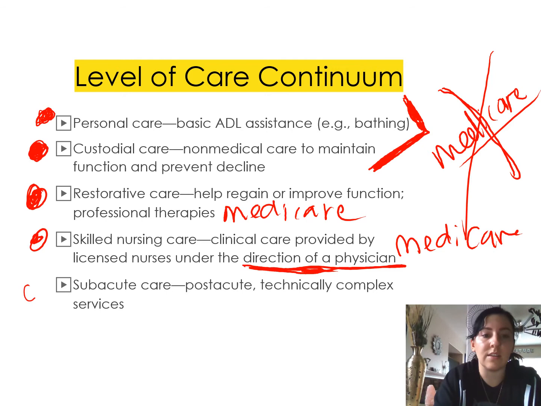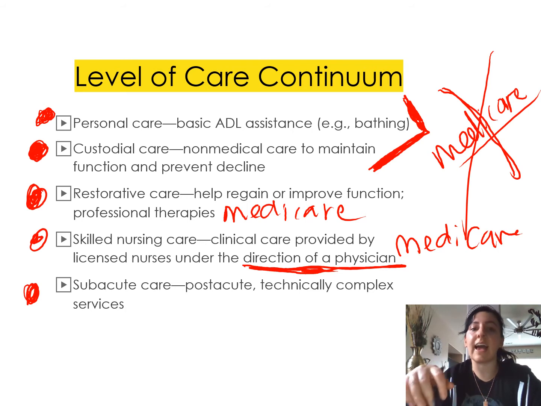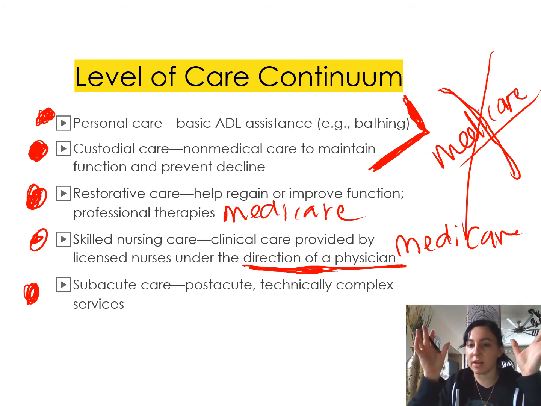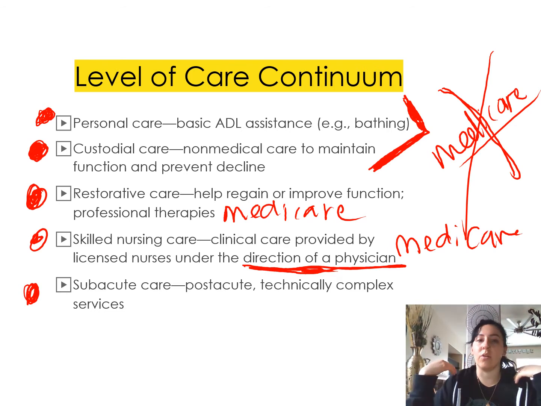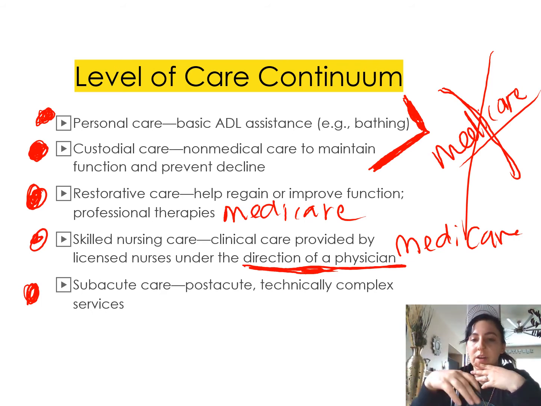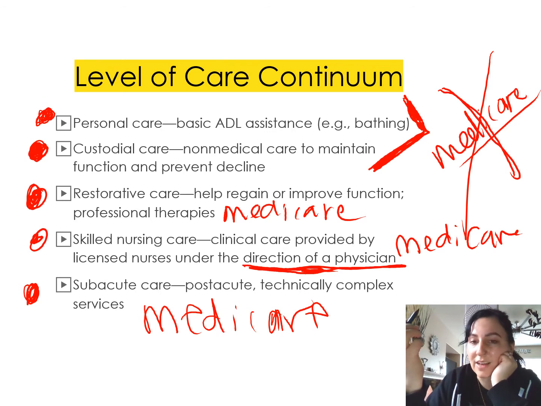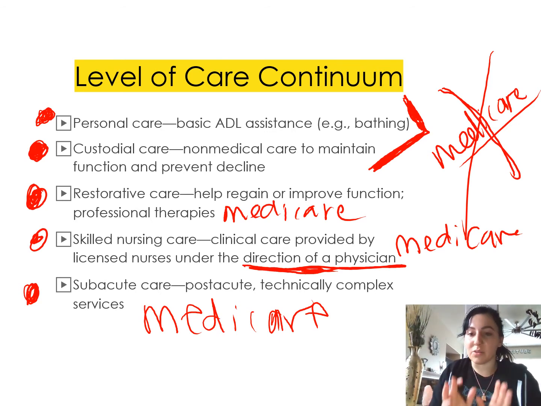Okay, then next level is subacute care. So this is like post-acute type care. This is like after you've had some episodic trauma or a major injury or anything like that, so you're taking a step down and you're in like the recovery level. Okay, post-acute care. And you still may need somewhat complex care, but you're still in that recovery level. Medicare is definitely going to cover this because this is medicine related. Okay, you're obviously going to have a physician and nurses working on you.